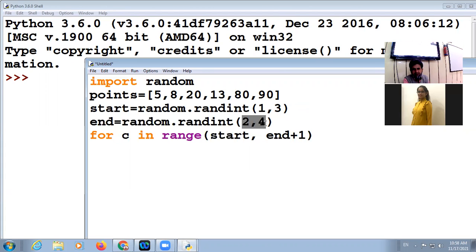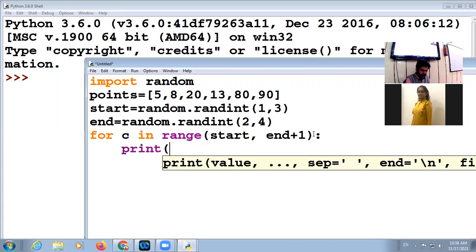Okay, so that's why I'm taking plus 1. Plus 1 means one step, and less means up to end. In this we print points C at the rate, and end means you don't want to change the line.